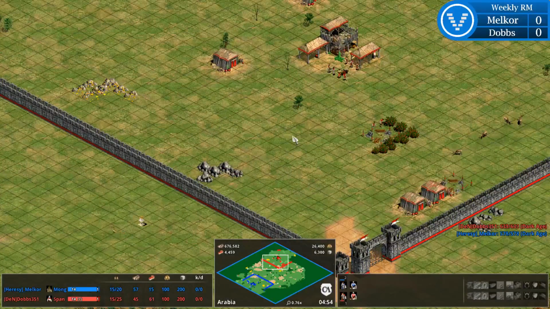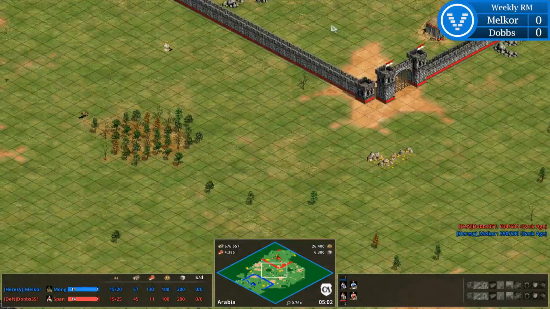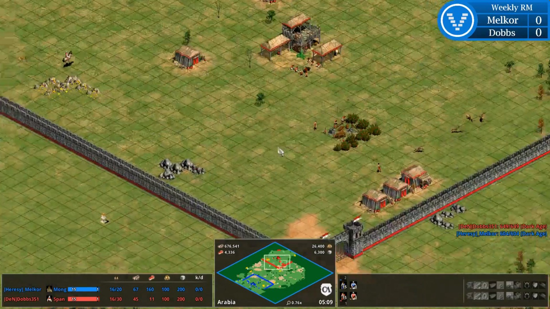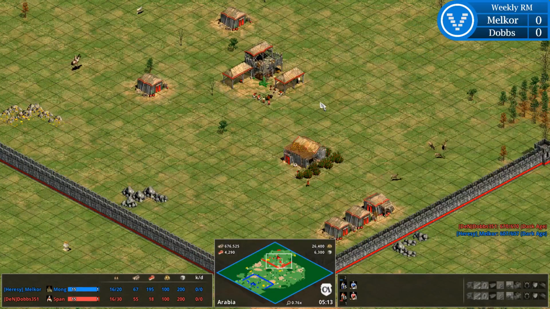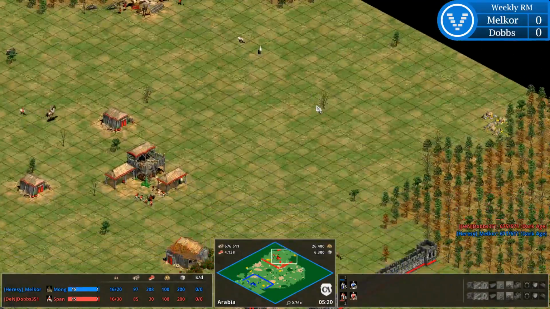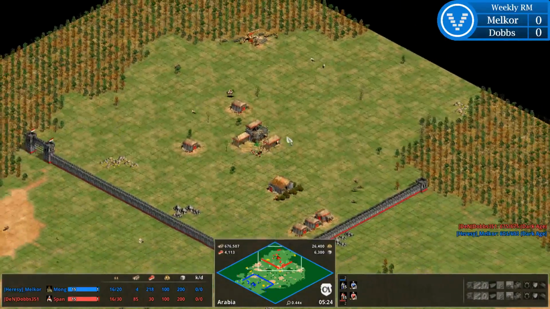Such as knights or maybe a ram. A couple of mangonels, pair behinds, go Mangudai, that kind of thing, map control. Many things we can see happen in this game. Dobbs, some really nice deer though. Reasonable back map, I mean...